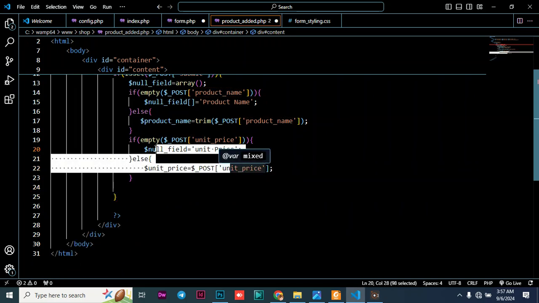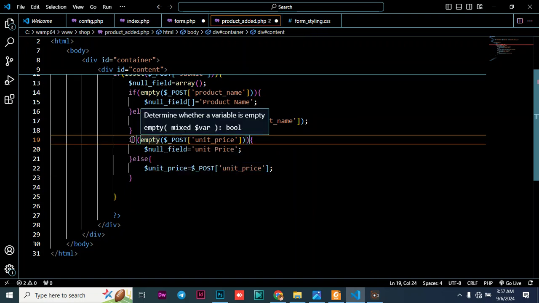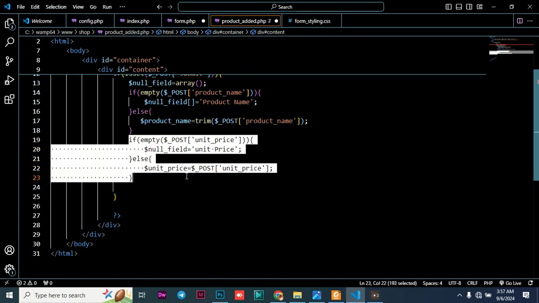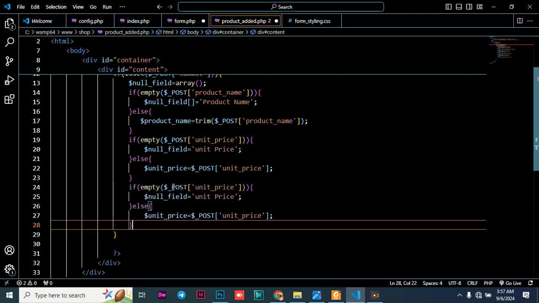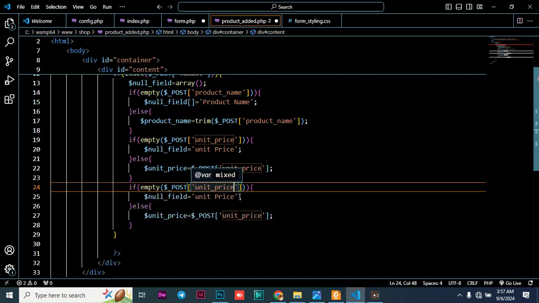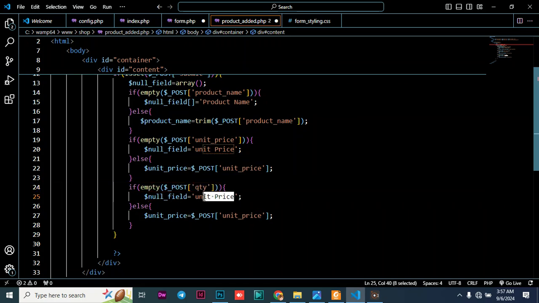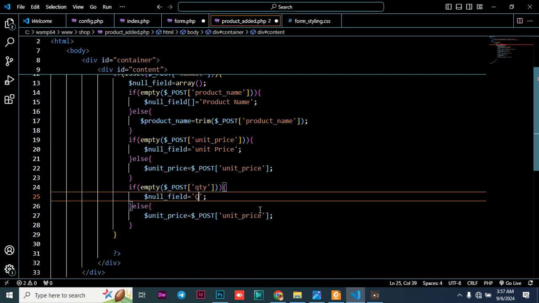So the next should be quantity, therefore I just need to copy this unit price because they are the same. So I copy this, I paste it here, and then I just change here to be quantity, and then if null, and then you can just give the name here quantity. For example, I can just write full quantity, and then I can just say